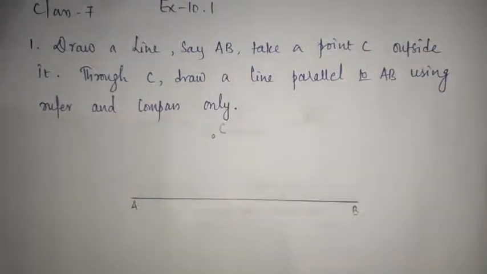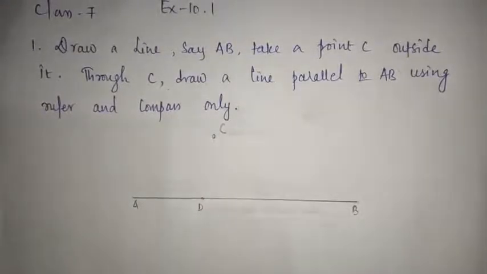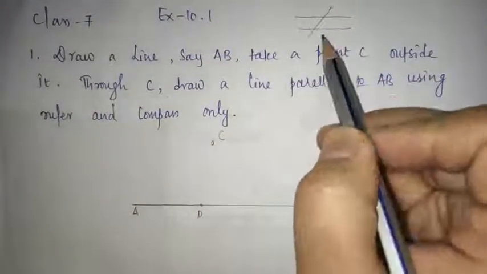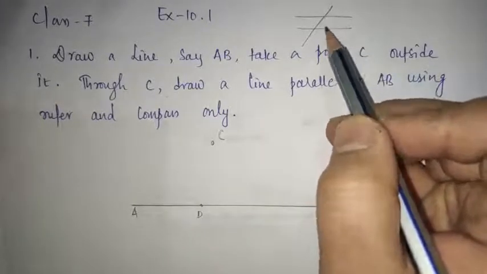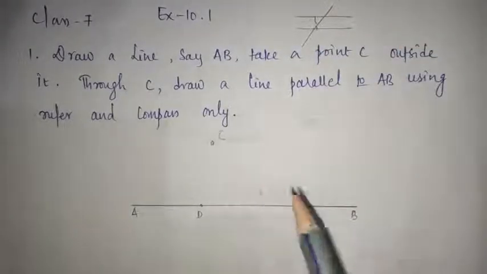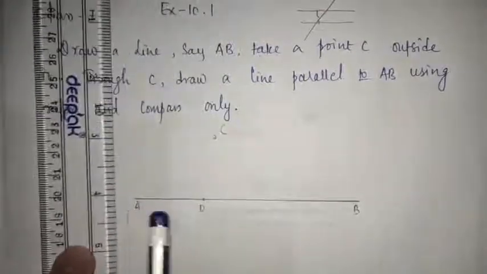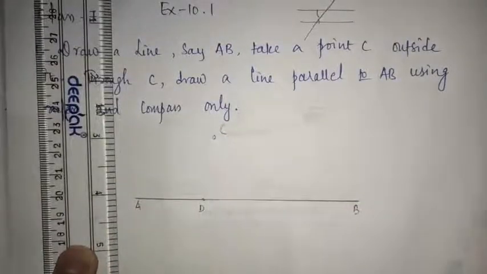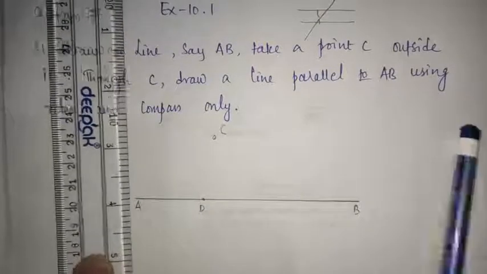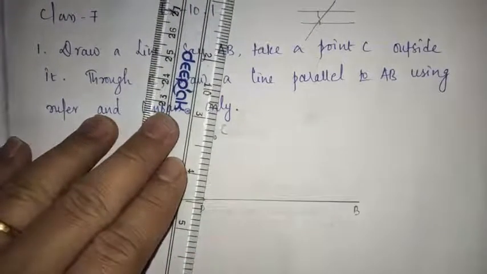So to do that, I'll take one point over here, which will be considered as D. Now I have already mentioned in the introduction that in a parallel line you have a transversal line, and using the concept of alternate interior angle I'll solve this. Okay, so first of all join this C and D. First part was to draw a line AB. Outside it you have drawn the point C, then in between AB I have drawn a point which is D. Now the next step is to connect the two points C and D.